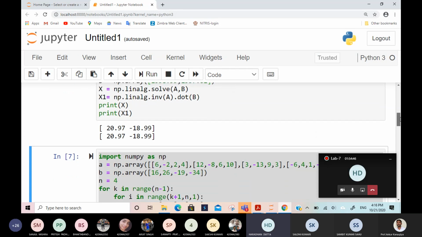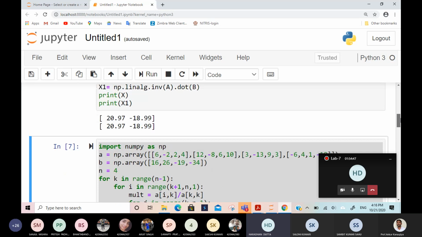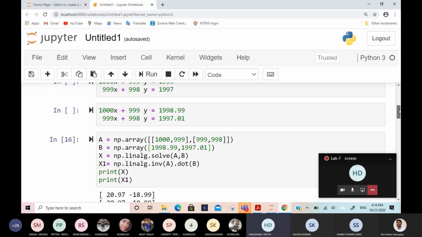Here we change the matrix B, but we do not change the matrix A. But how does the 0 occur? See, if you want to make it 0, you will change the multiplier. How to make this 999 into 0 with the help of 1000? Which row operation will you apply?